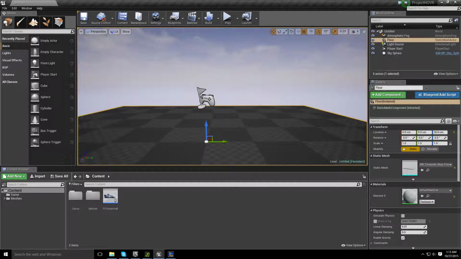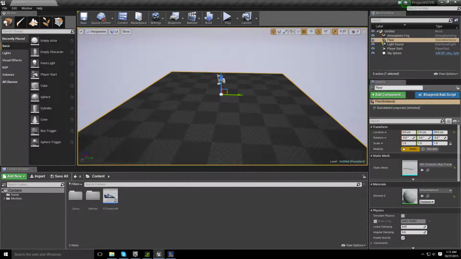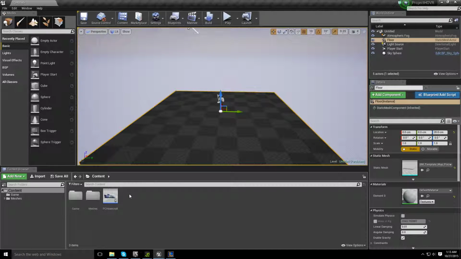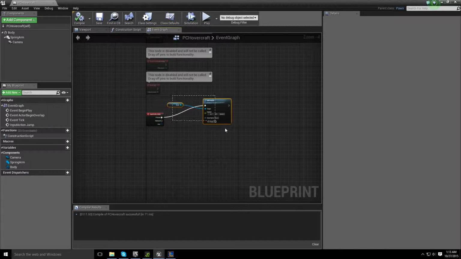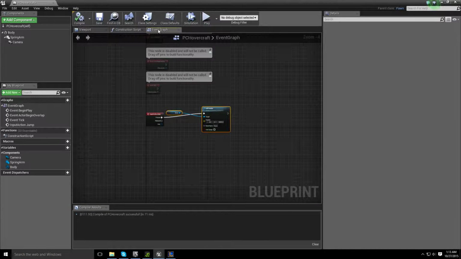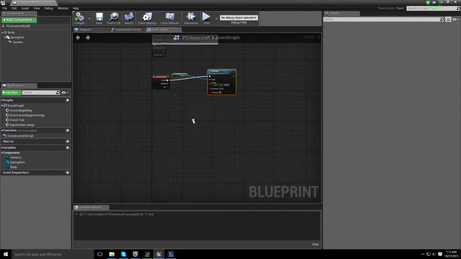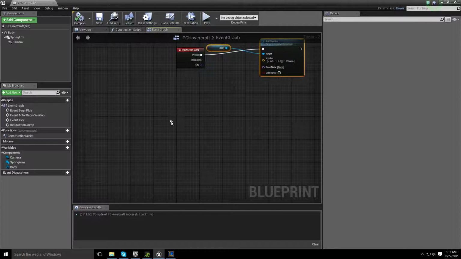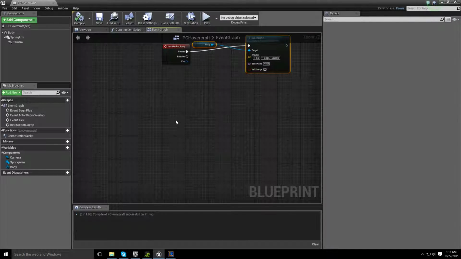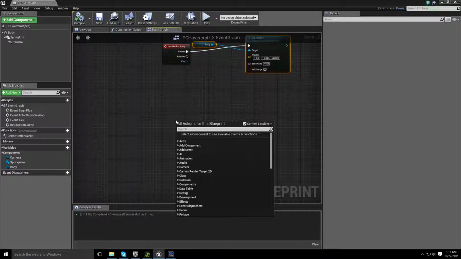So with all of that groundwork laid, let's go ahead and define some inputs for moving our PC hovercraft around. So double click it to open up the blueprint editor, and it'll open. Mine defaulted to the event graph, so if it's not there, go ahead and click the event graph. We have our jump working the way that we want it to for the time being. So let's add inputs for our other